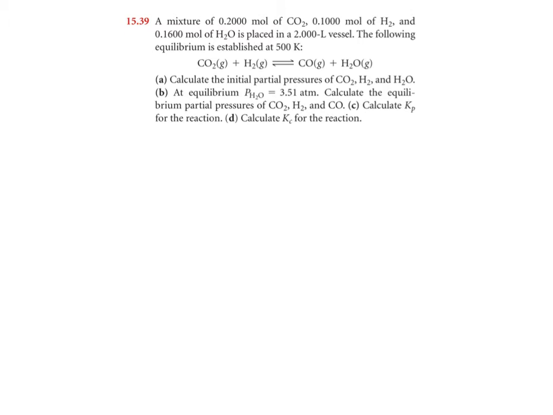So A says calculate the initial partial pressures of carbon dioxide, H2, and H2O. So to do that, we have to use PV = nRT. That's how you find a partial pressure of a gas. So the first one we'll look at is carbon dioxide. The partial pressure of CO2 is going to be nRT over V. So it's 0.2000 moles